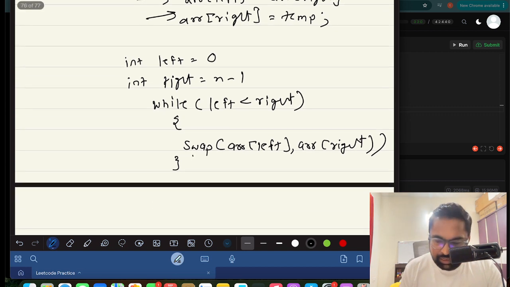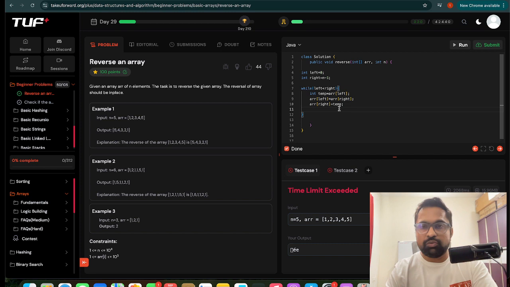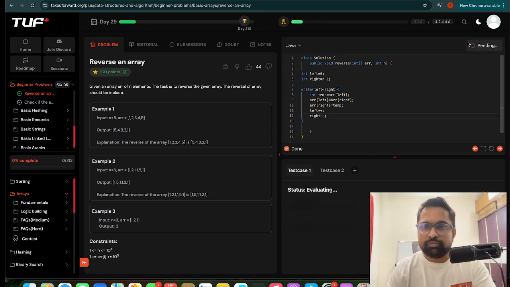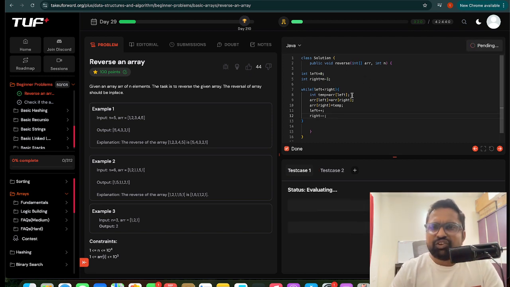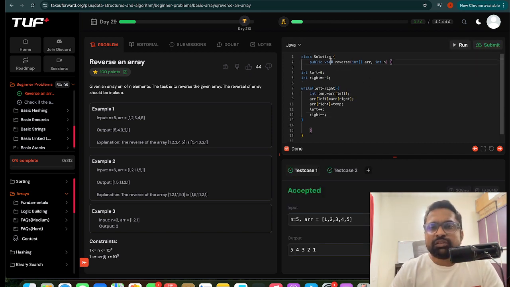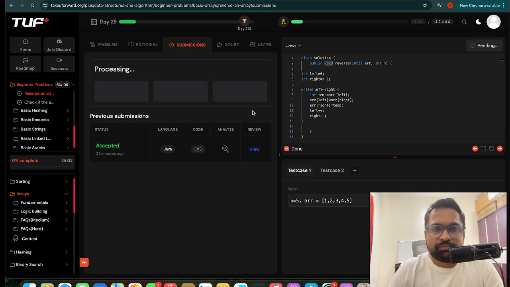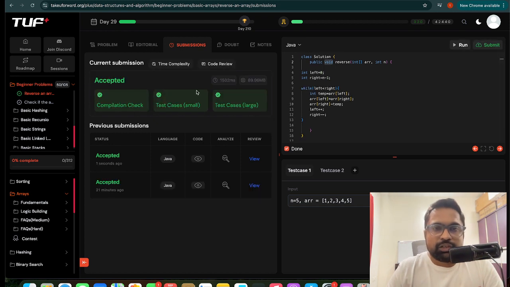We will do left plus plus and right minus minus, correct? And we don't have to return anything because it is a void function. And let's try to submit this. So it's submitted,